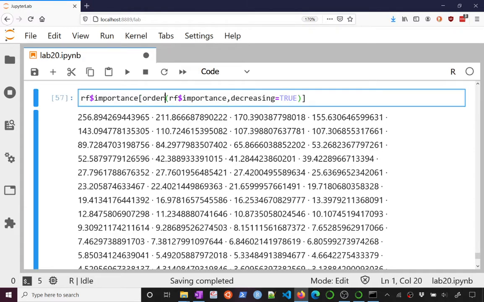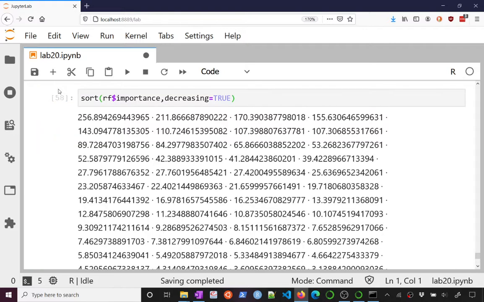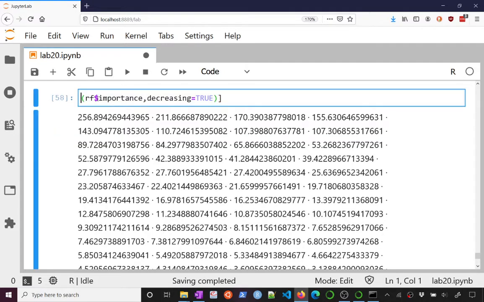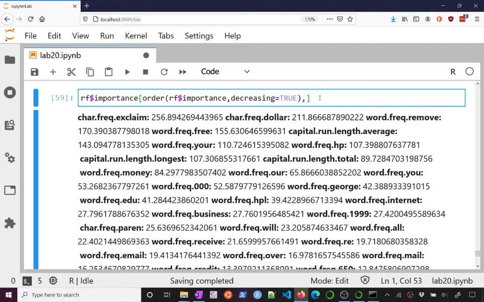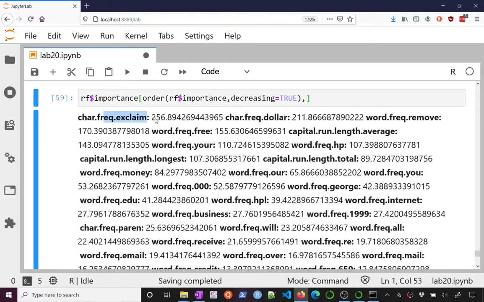Maybe I can just sort them. Is sorting them going to be quicker? Well, something like that. So you can see this is now sorted, and lots of exclamation marks have a high importance score,